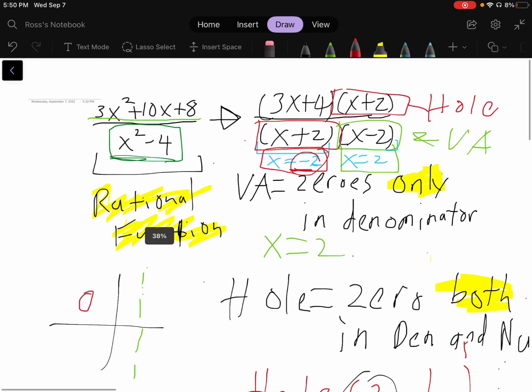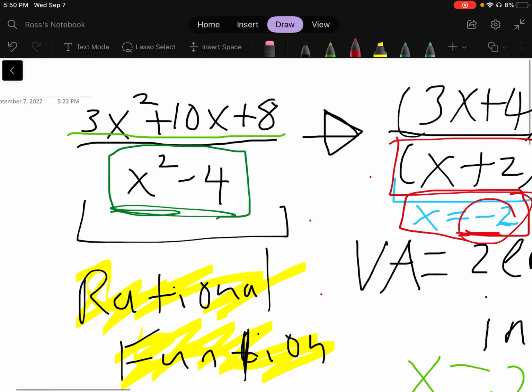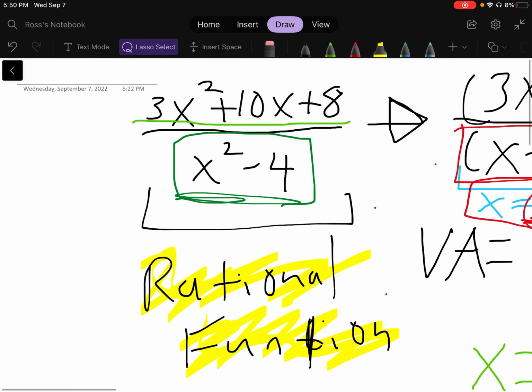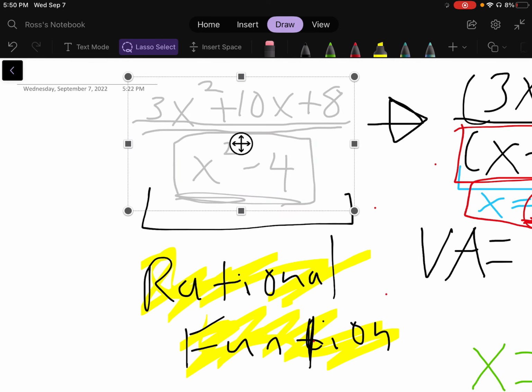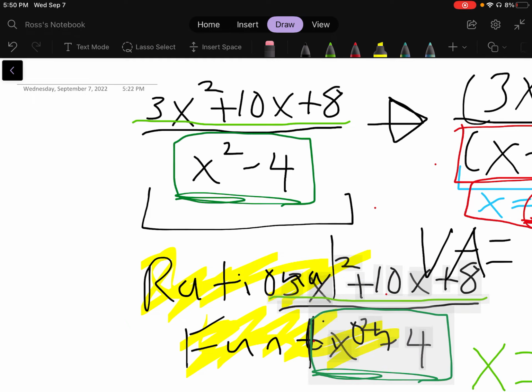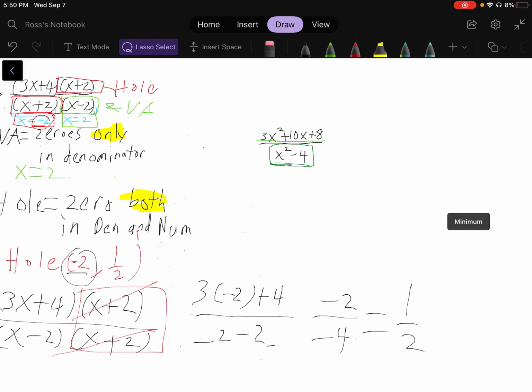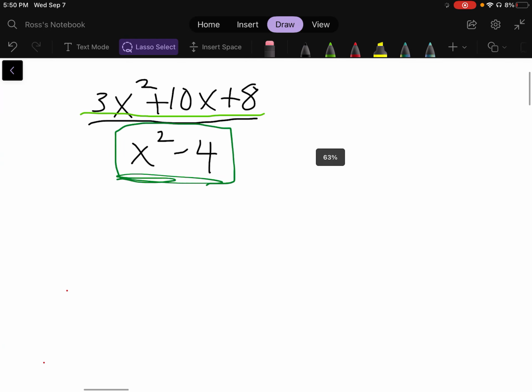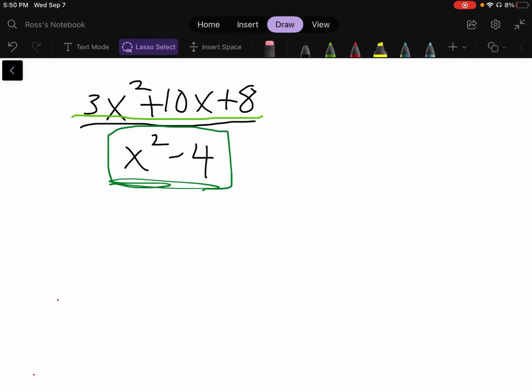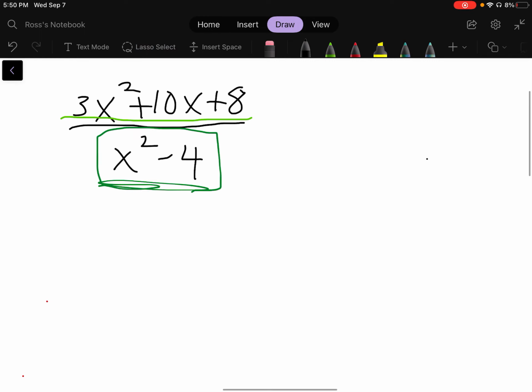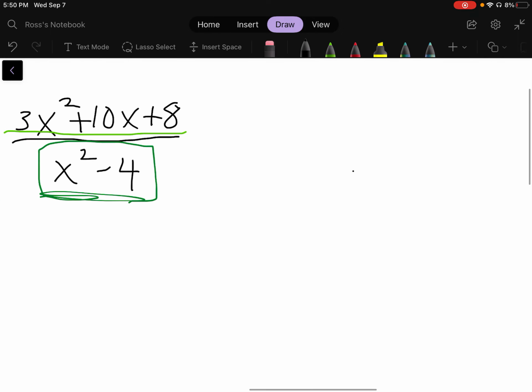Okay, so picking up from where we left off, we've covered vertical asymptotes and holes, but we haven't covered horizontal asymptotes. So I want to spend some time reviewing that, to know the behavior of horizontal asymptotes, also